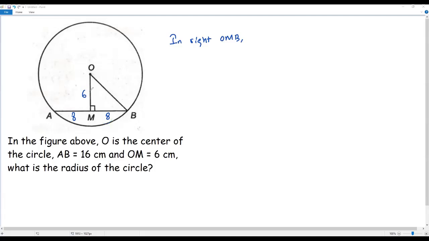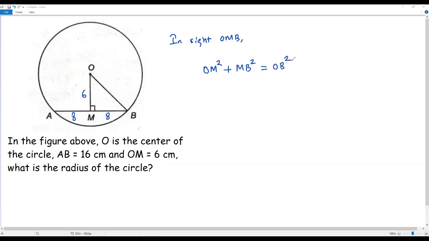That is, I am going to square this leg OM, plus this leg, MB square. I just squared the lengths of the two legs of this triangle and added them. It must be equal to the square of the hypotenuse. Actually, the hypotenuse is nothing but the side which is opposite to the right angle. So here OB is the side opposite to the right angle. So the sum of squares of the two legs of a right triangle must be equal to the square of the hypotenuse,